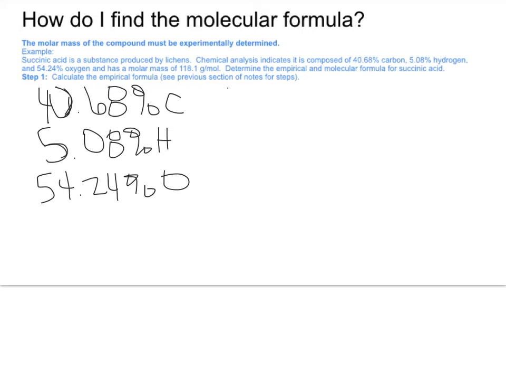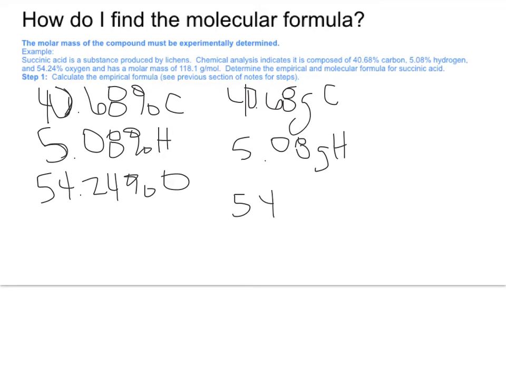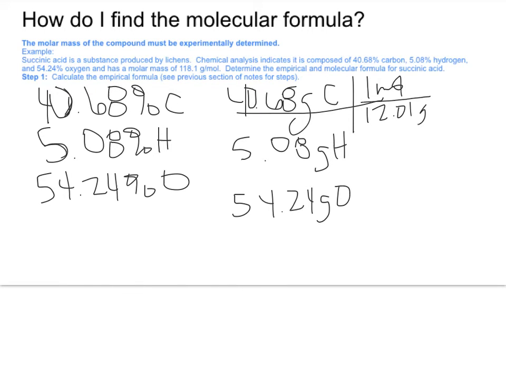So this gives us 40.68 grams of carbon, 5.08 grams of hydrogen, and 54.24 grams of oxygen. And if you remember, the first thing that we need to do is convert our grams to moles. So we have 1 mole up here, and we have 12.01 grams. And this will give us